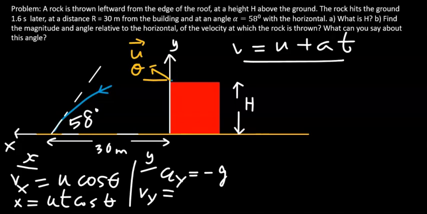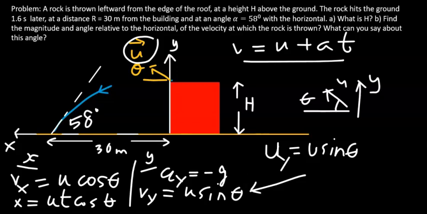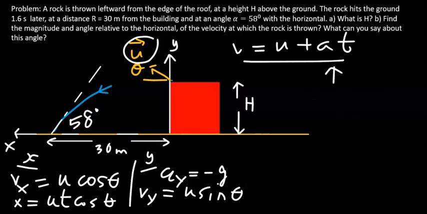Remember this? So u in this case is the y component of the initial velocity, which is u sine theta. Because we know if this is u and that is theta and that is the y direction, then the y component of u is just u sine theta, that one. Acceleration is minus g